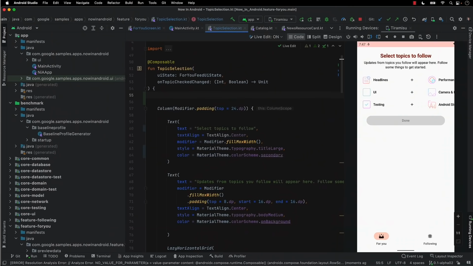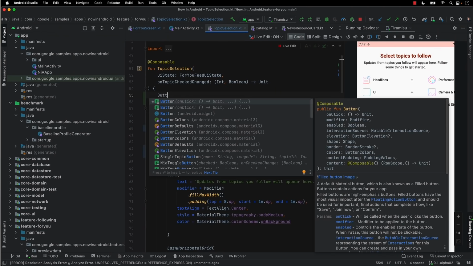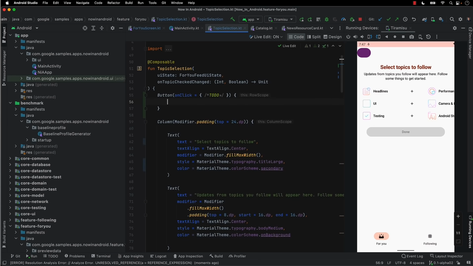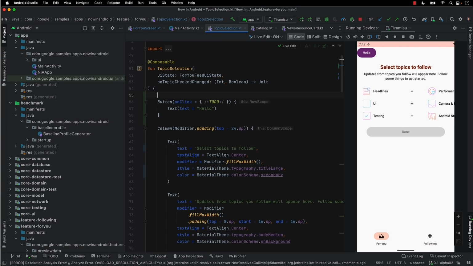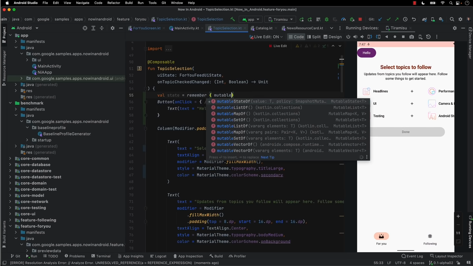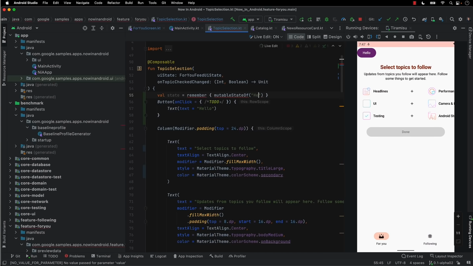So we'll add a button. So we can see our blank button top left corner here. We'll put a label on it. And then let's create a state object. Mutable state of click me.